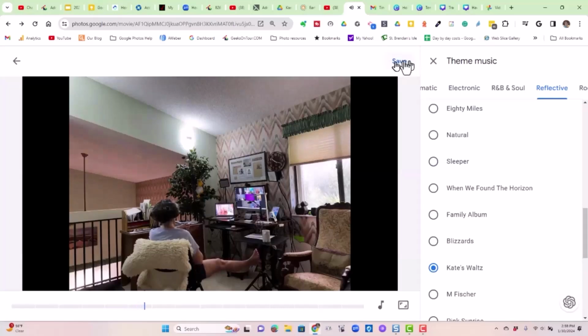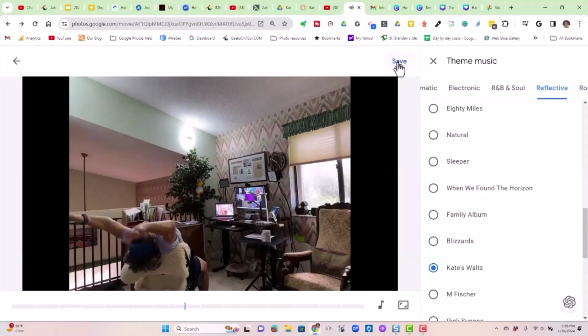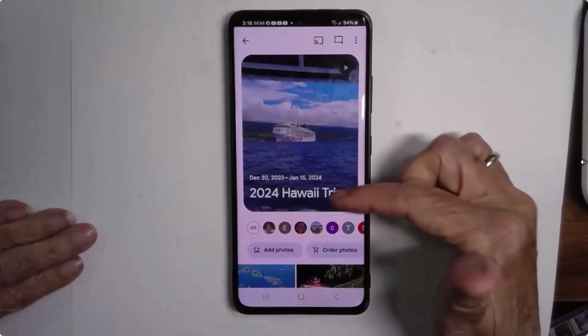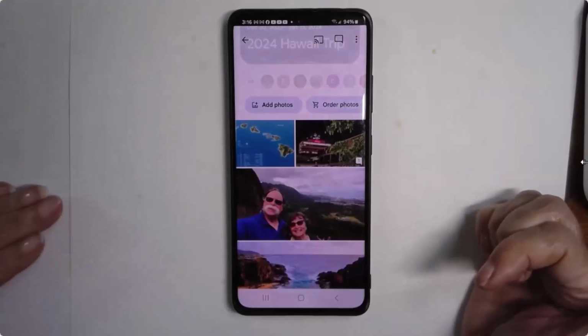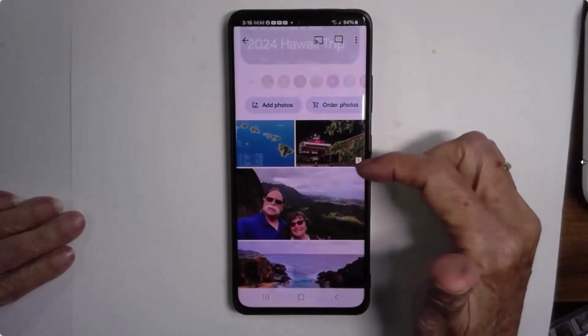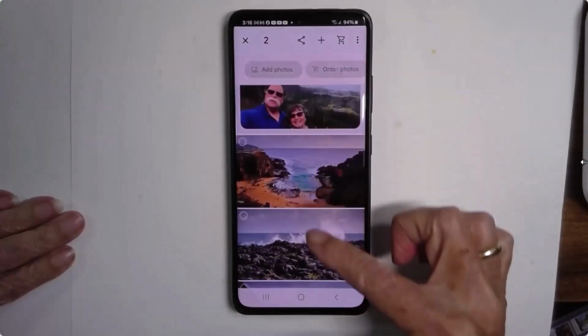Now it does take a few minutes to render. You have to be patient. If you make the highlight video using your phone, you won't get the motion in the motion photos, but maybe what you want is just a slideshow. So here are some pictures from our Hawaii trip. I'm on my Samsung. If I select several of these,